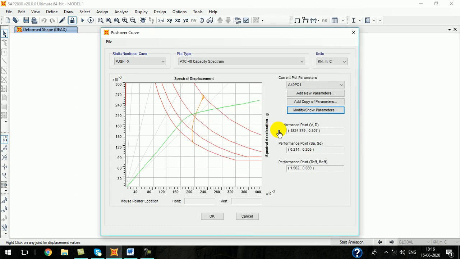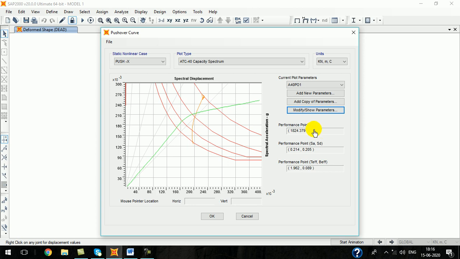Okay. So for maximum considered earthquake, I am going to substitute this scale factor, update plot. So the value is coming around, performance point is the base shear of 1824 kilonewton and its corresponding displacement is 0.307 meter, that means 307 mm. Okay. So that means when this structure is subjected to an earthquake of acceleration 0.36 g, since the zone factor is 5, the structure will experience inelastic base shear and deformation of 1824 kilonewton and 307 mm respectively.